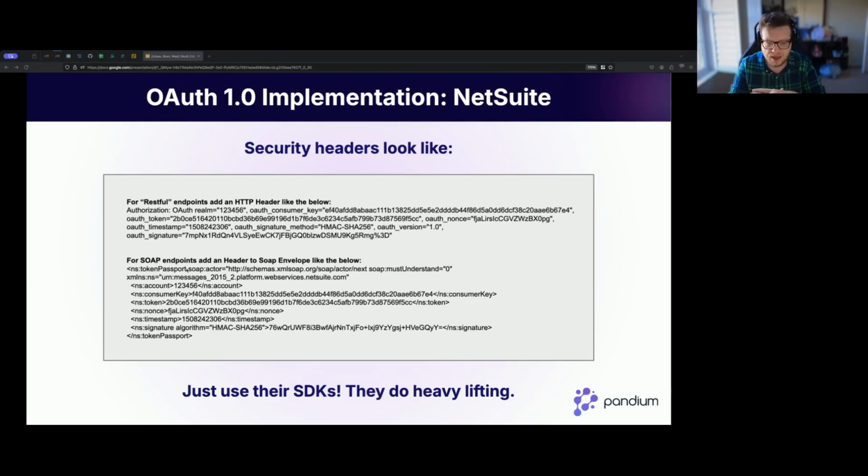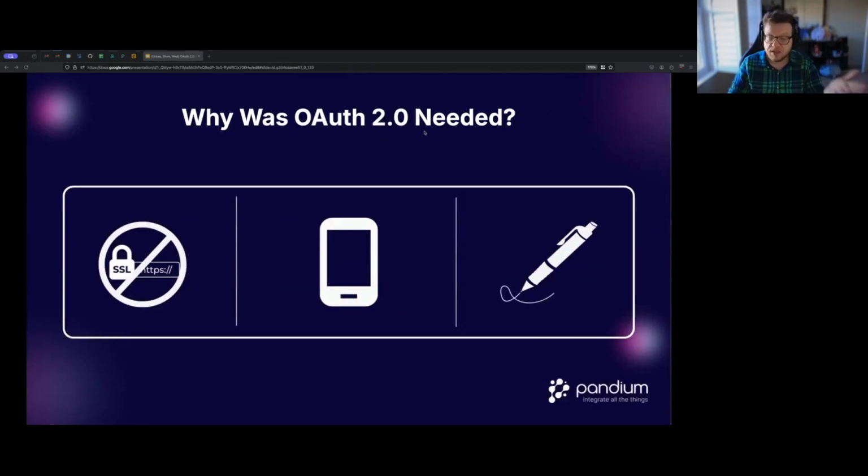They're really robust. And once you figure out all the specific tokens that you need to create and all that stuff, it's able to just handle all that for you. But this signature, the lack of SSL, made people think, hey, we need OAuth 2.0. And so this led to 2.0. And so why was it thought that OAuth 2.0 was needed? The biggest one was the lack of SSL. OAuth 2 mandates that you do this all over SSL. OAuth 1 did not. The signature writing was too hard.